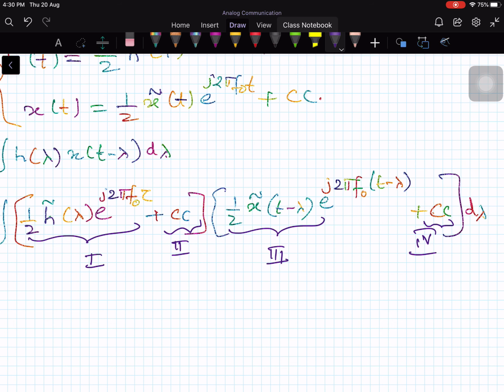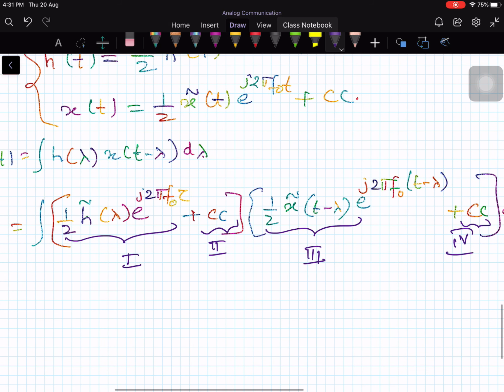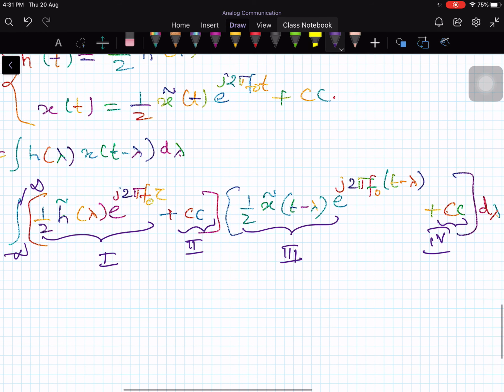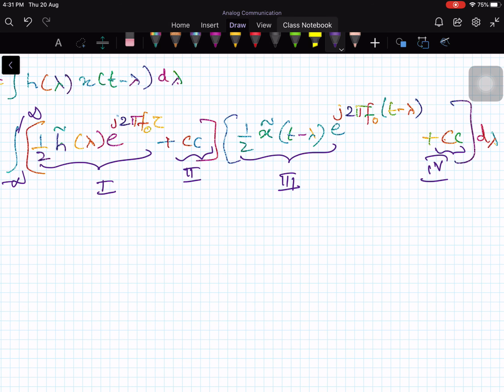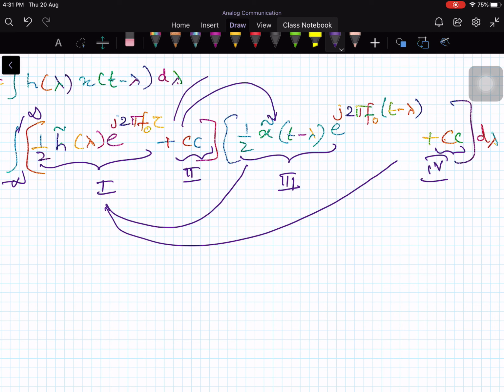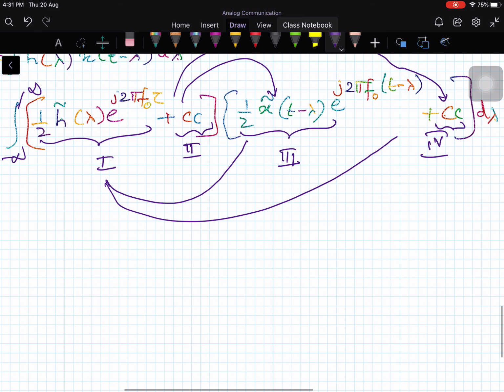So if you multiply term by term before you're doing the integration, minus infinity to plus infinity, I will try to put it in a single screen. Okay, now there are 4 terms. You multiply term by term: 1 multiplies with 3, 1 with 4, 2 with 3, and 2 with 4. So there are 4 product terms. Here 1 by 2, and here also 1 by 2. You pull those 1 by 2 outside.